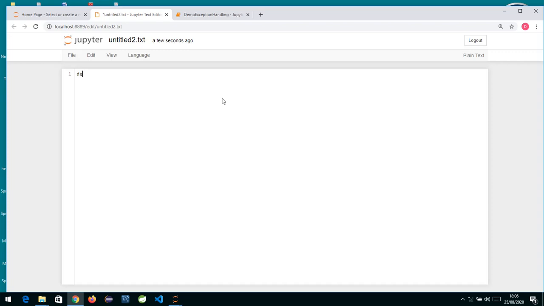Suppose I write a function over here, def square, and I pass a number over here. It is going to take in this, and now I'll have indentation, and I'm going to print the square over here. So square is equal to a into a, and then we just print the square this way.